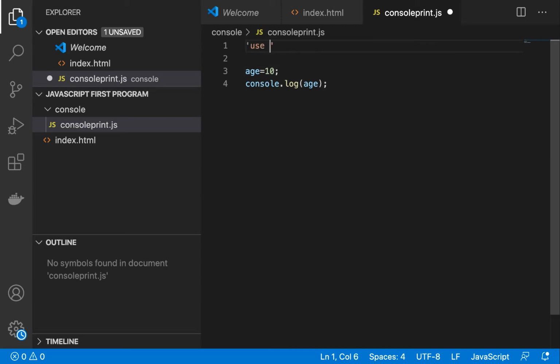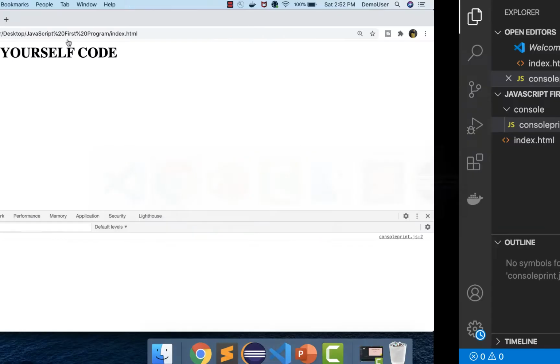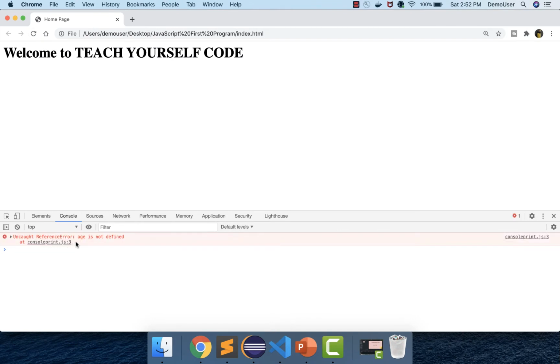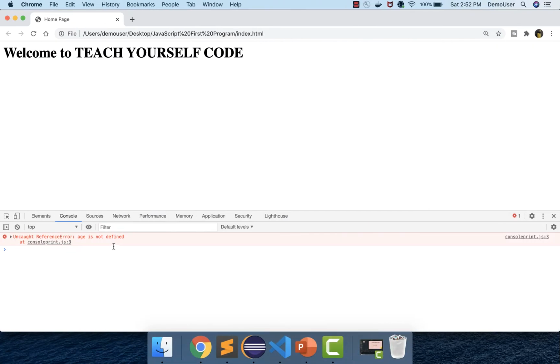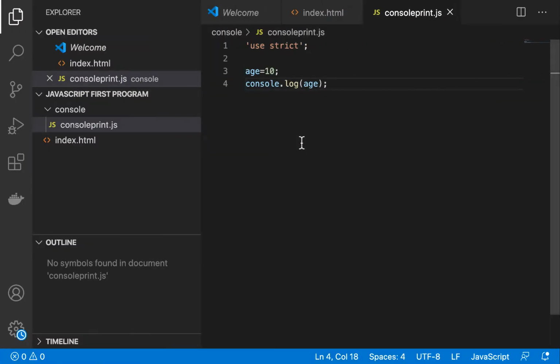For this we have a mode called strict mode. If you save it and go to the browser and refresh it, now you can see an error message displayed which says age is not defined. So strict mode helps us in identifying any error that has been left during our coding, and also points us to it with a proper error message, as we saw over here, that this particular age is not defined, so that the person can go back and correct it.